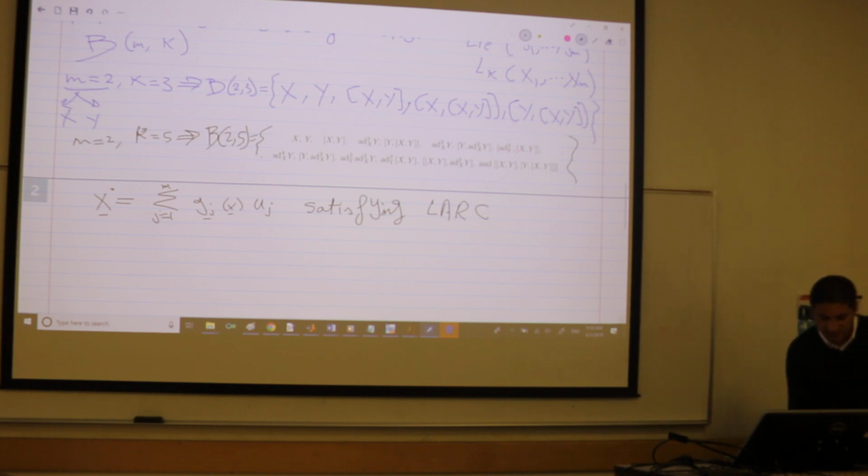Satisfying the LARC. What do we mean by satisfying the LARC? We mean that there is a span of some vector fields. These vector fields are g1 up to gm, right? And some Lie brackets, so [gi, gj],